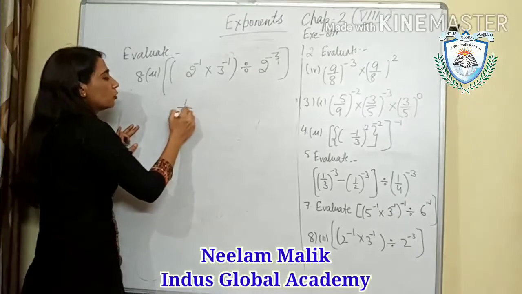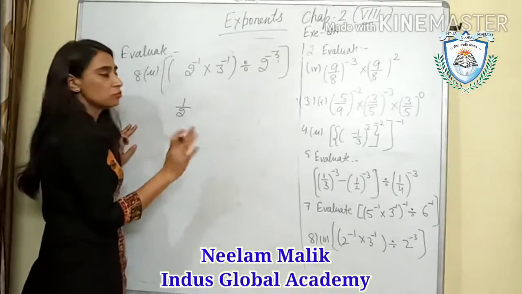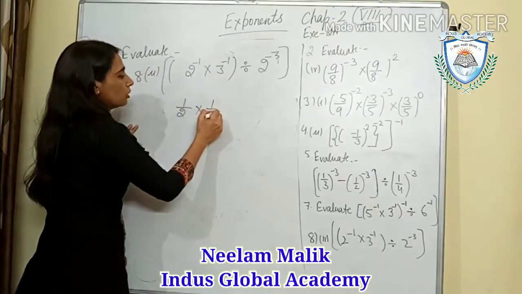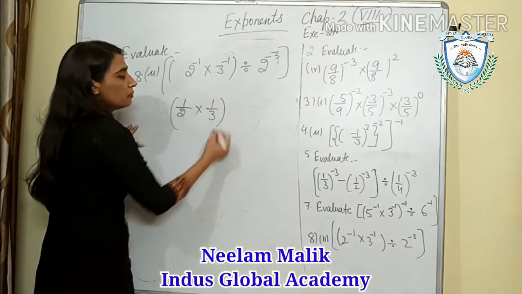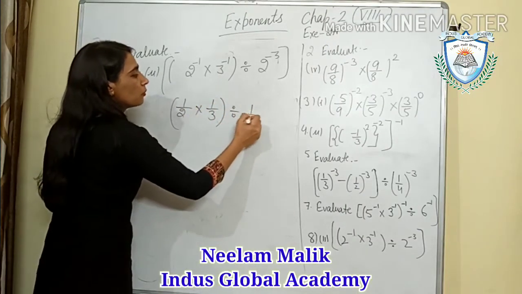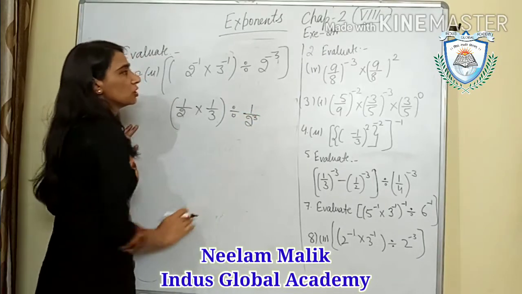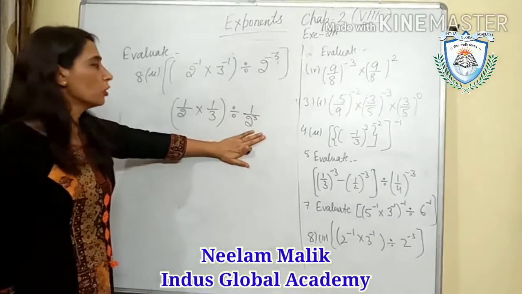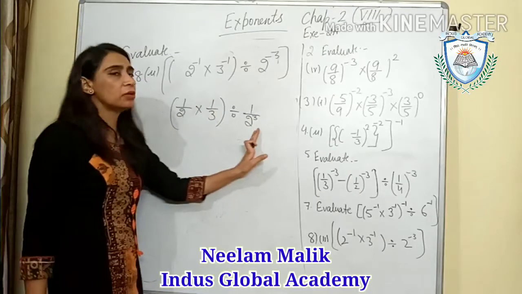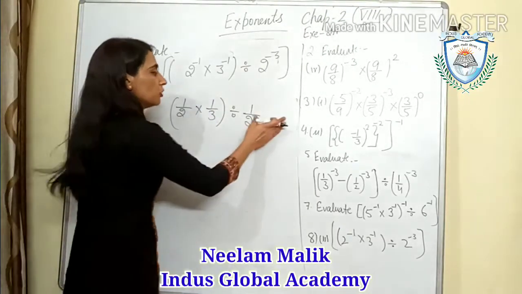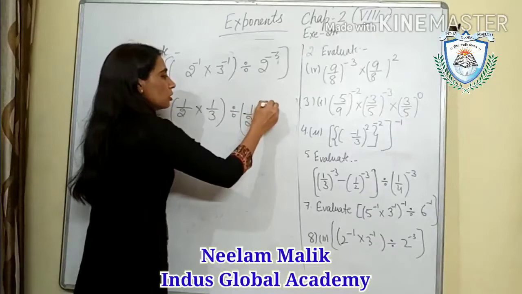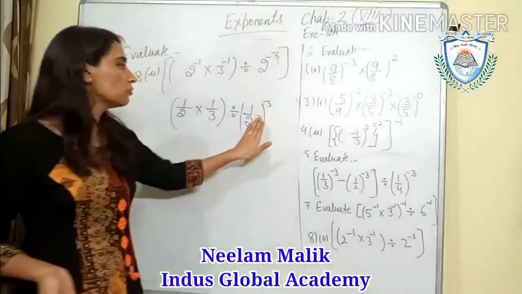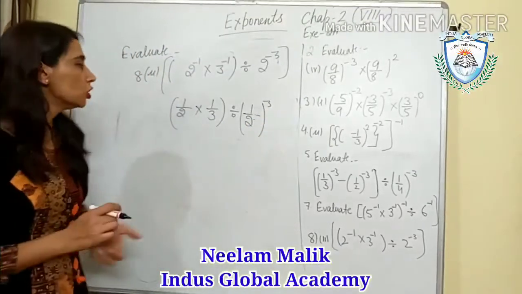So we will do 1 upon 2. Power is 1. So if power is 1, the number will be as it is here. This will be 1 upon 3 divided by 1 upon 2 raised to power 3. Power will be positive and it will be reversed. This is 2 upon 1, so 1 upon 2, the whole power will be 3. So I give the power to 2, because if you multiply the 1 three times, you will get 1. So I just write the power with the 2.